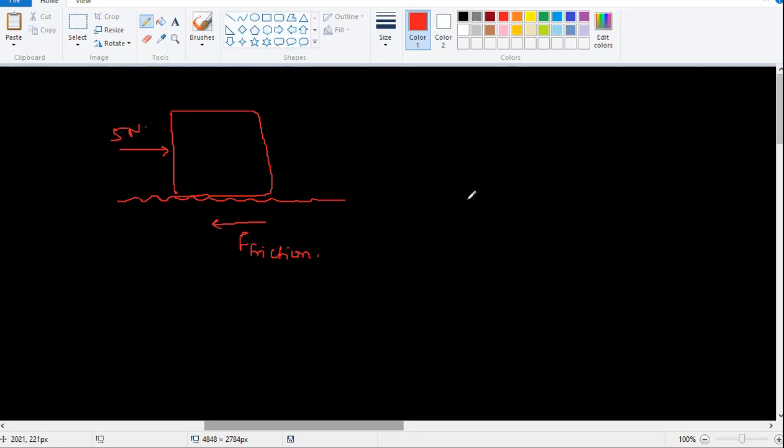Why does that happen? Because, microscopically speaking, if I put this under a microscope, what you will see is there is some surface roughness in the block, and there is some kind of surface roughness on the table. So obviously you can imagine that it's going to be very difficult. Why? Because this will get caught inside this. That means both will be hitting each other, which means you will not be able to move. That is what is happening in a microscopic situation. This is the mechanical explanation.